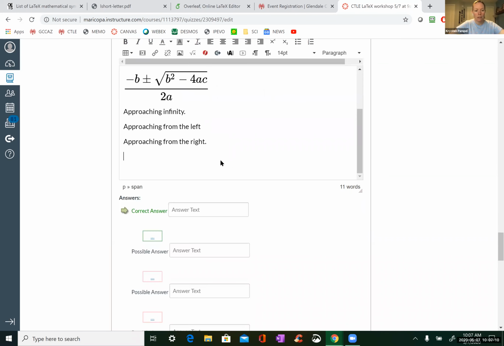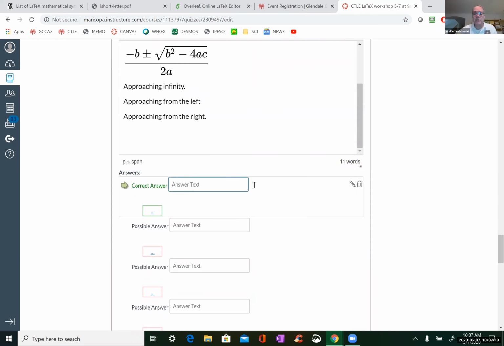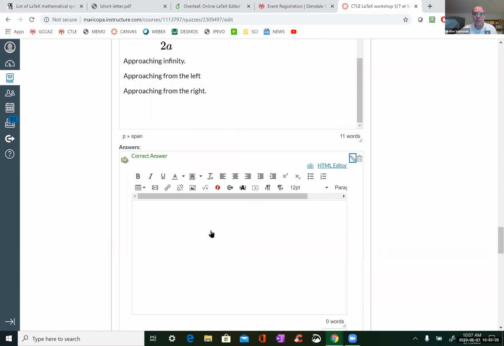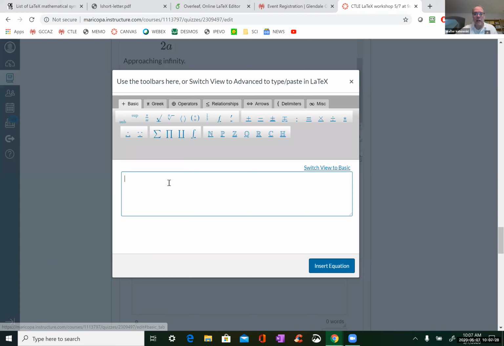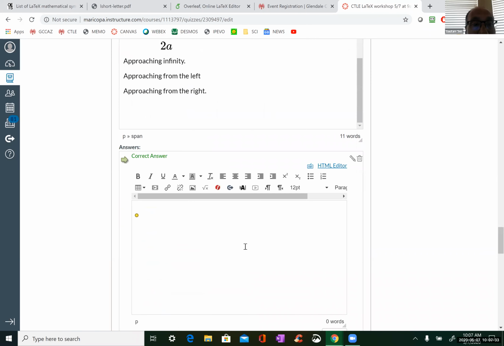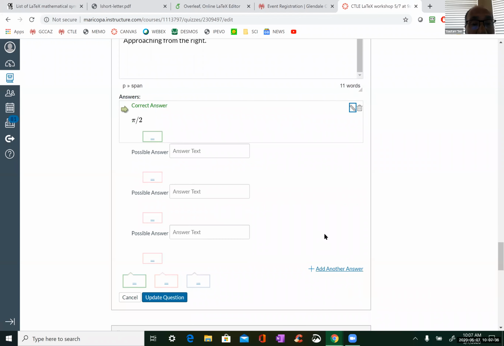Walter, have you put an equation into the answers? Like use LaTeX in the answers? Yes. See if you do that, it's not as bad. It's the same idea. You go to your edit, it opens up, and then you click your square root, and there you go. And it just puts it in there just the same as usual. You just click edit, click the square root, enter your equation, insert equation, then click done, and it will be inserted just like everything we've been doing. Awesome, thank you.